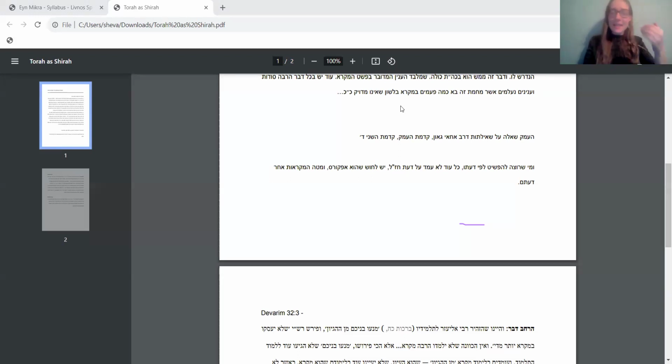And I think, to me, that's how I understand what the Netziv is saying: that if you understand the stories in Tanakh on a literal level, you might think you're being the most loyal to the Torah, but actually you're totally missing the point, right? Now we're going to see that we are also allowed to understand the Pshat. So we're going to see that with Torah, it's a little different.